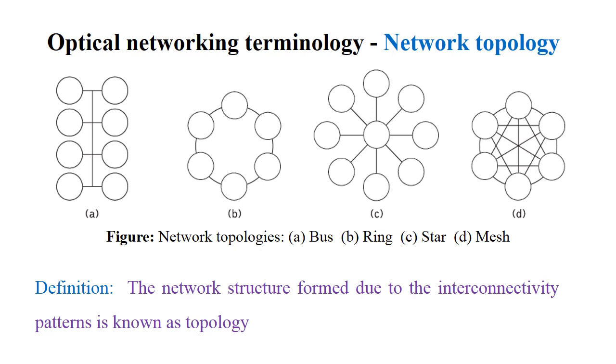So for example, if we take this node, here we can observe on either side of the node we have a dedicated connection to the next one, and to the next one, and here to the other nodes which are not directly connected via the other path. Here we can observe this connection. So one more direct path, one more direct path, one more direct path. That means each and every node has a point to point connection with every other node present in the network. This is the mesh topology we are going to have.